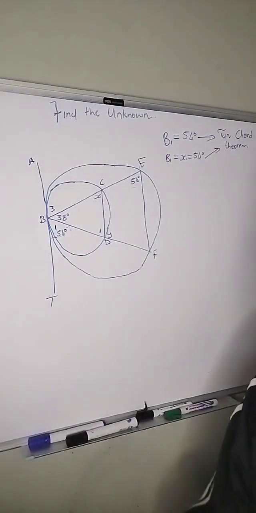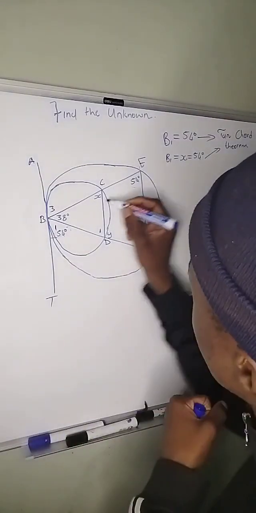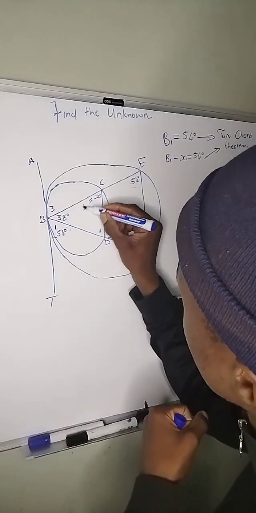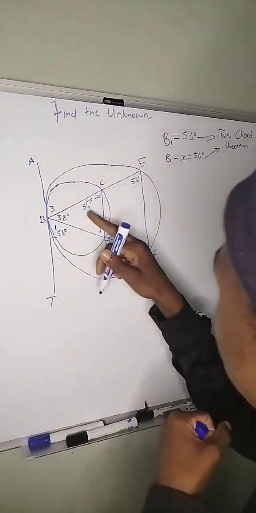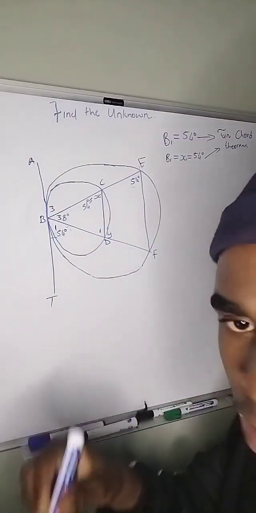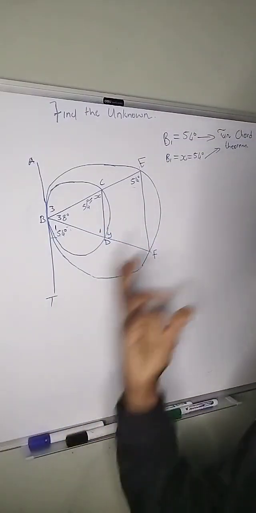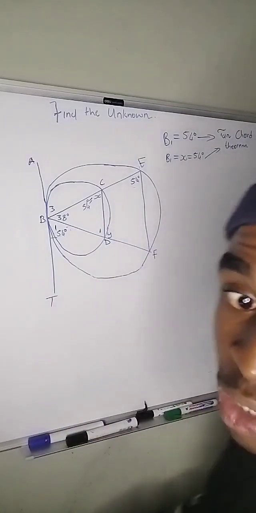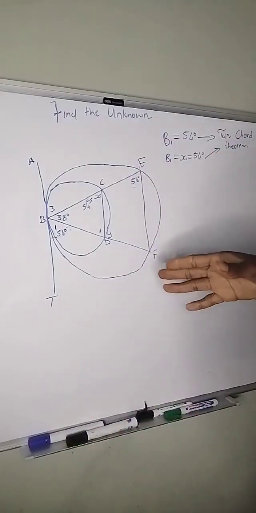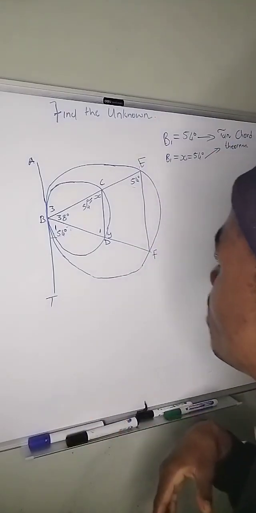This is going to be corresponding angles because our x is going to be equal to 54. If both of these two are 54, obviously it is going to be the converse of corresponding angles. So this two, there will be, and you can see,